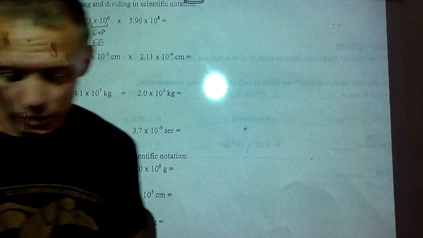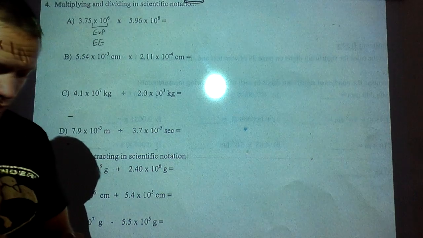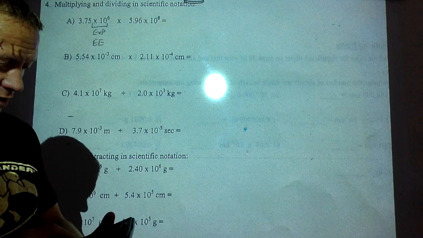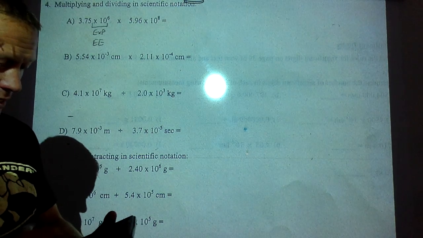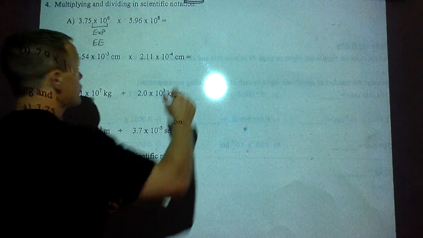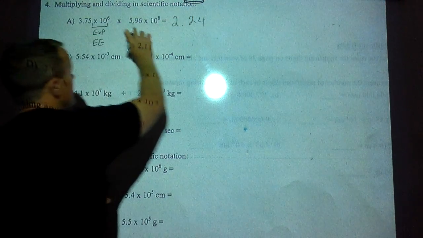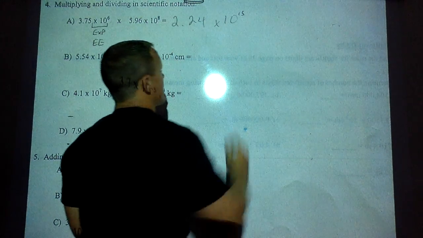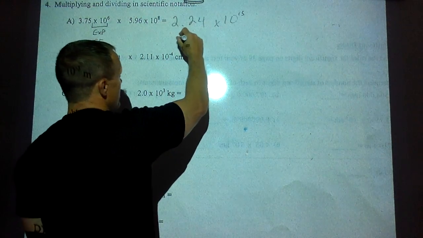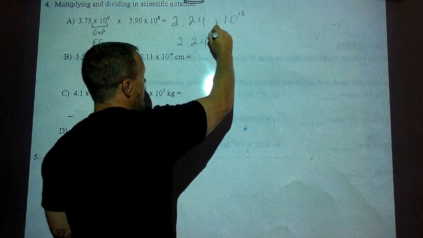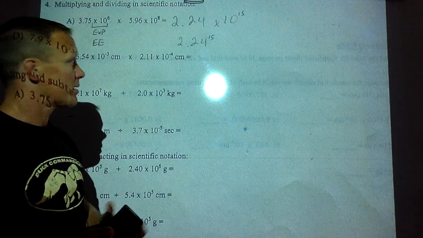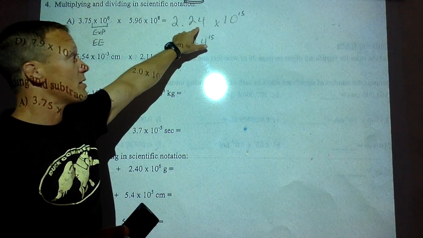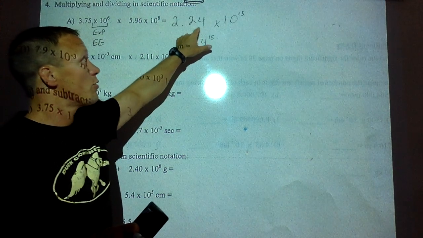So let me do that real quick. We have 3.75 EXP 6 times 5.96 EXP 8, 2.24. I keep the same number of decimals as we're in this. So 2.24 times 10 to the 15th power. Okay, now it comes up on the calculator like this. Okay, it looks like that. But that doesn't mean 2.24 times 2.24 times 2.24 15 times. Much, much different than this. So you need to know that even though it looks like this, we write it times 10 to the 15th